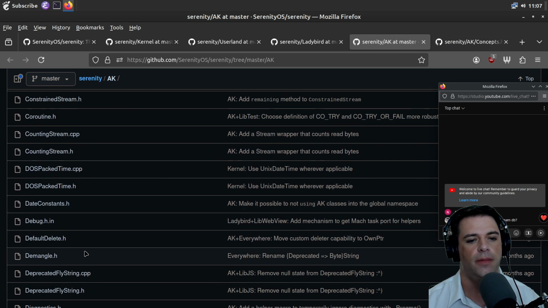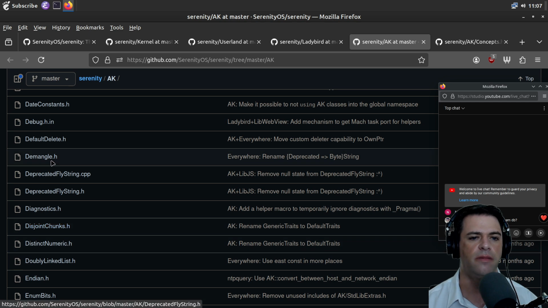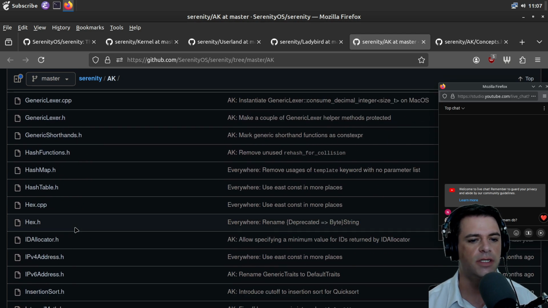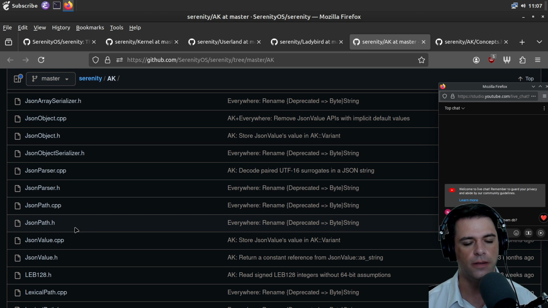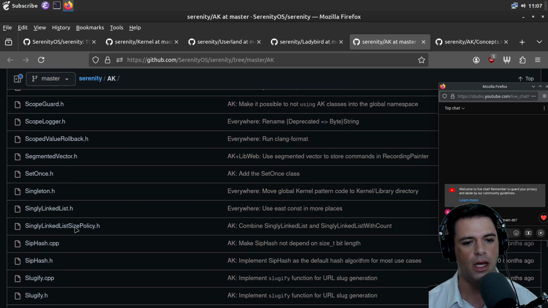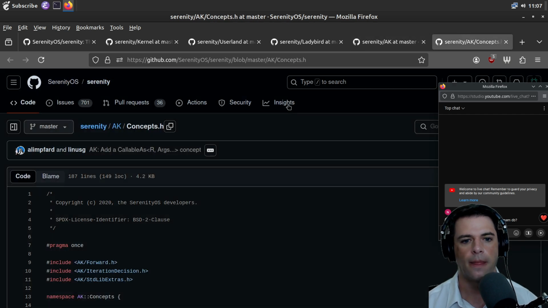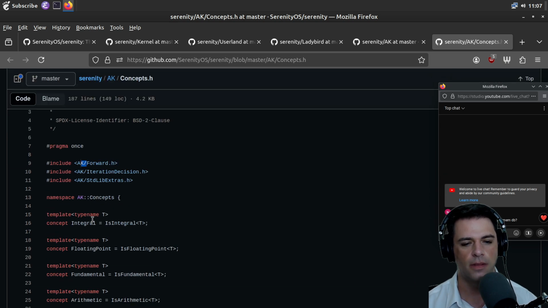DOS packed time. Demangle. I don't know what we're demangling. Some endianness. Yeah, this seems like a kind of utility folder. And I don't know why it's called AK. Maybe just to have a nice short namespace.